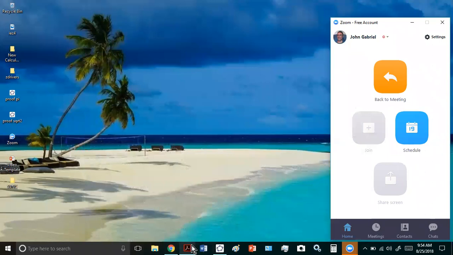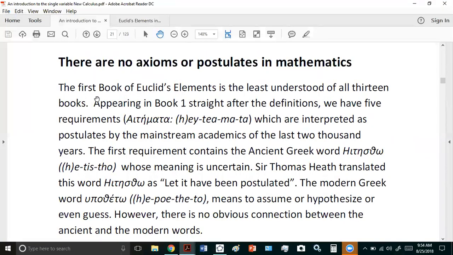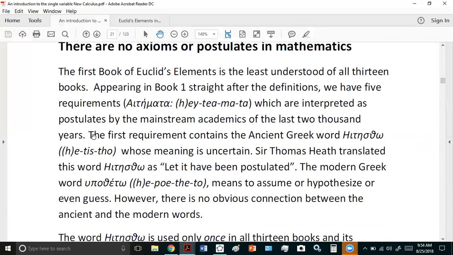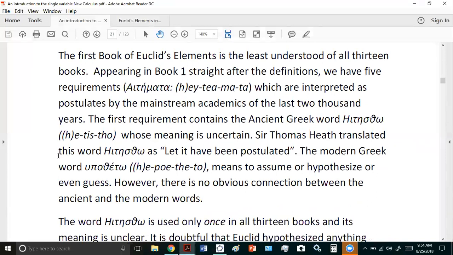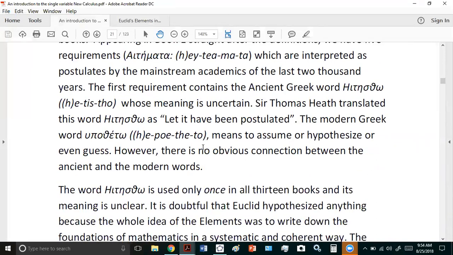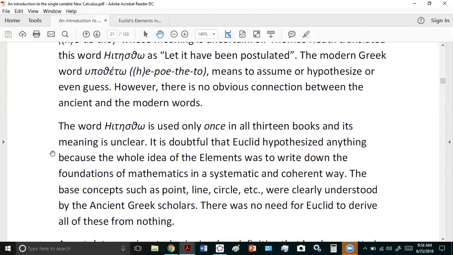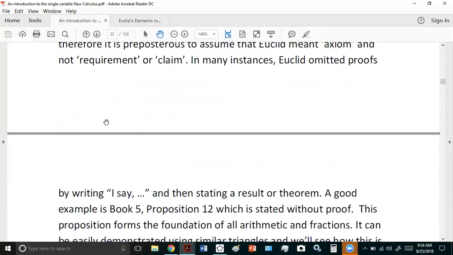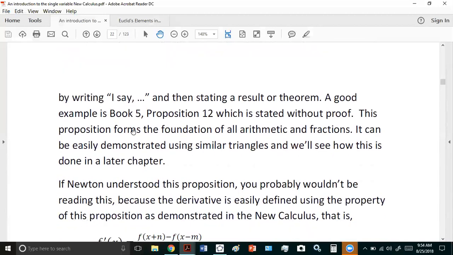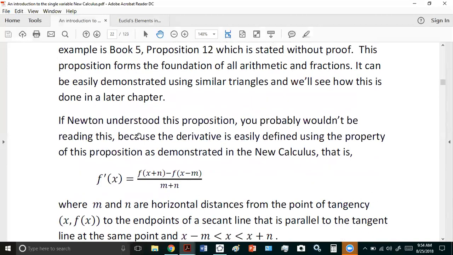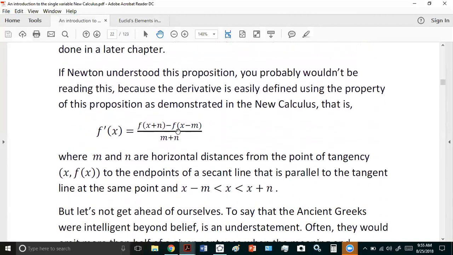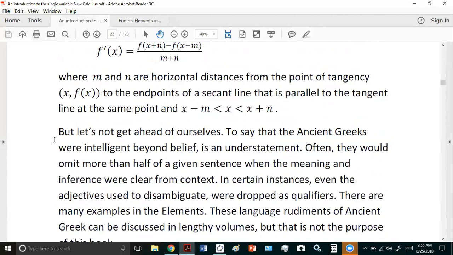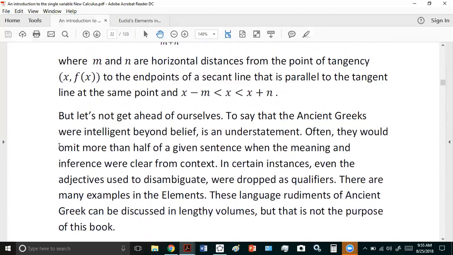So let's go back to the book. Now, in this chapter here, I show you that the 5 requirements, or the atimata, have been misunderstood. And so you can read through this first part. It's interesting. It contains some interesting information about the background and the history, and also shows you how it could have influenced mathematics if it were understood correctly. Okay, so let's just